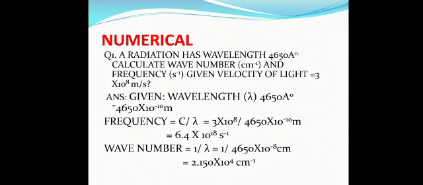And we all know wave number is equal to 1 upon lambda. That means we need to find out lambda. And for frequency, we know the formula C is equal to nu lambda. As the given wavelength is 4650 angstrom, convert the angstrom unit into meter because the unit of velocity was given as 3 into 10 raised to the power 8 meter per second. Thereby we need to convert lambda from angstrom into meter, so you need to multiply with 10 raised to the power minus 10 meters.